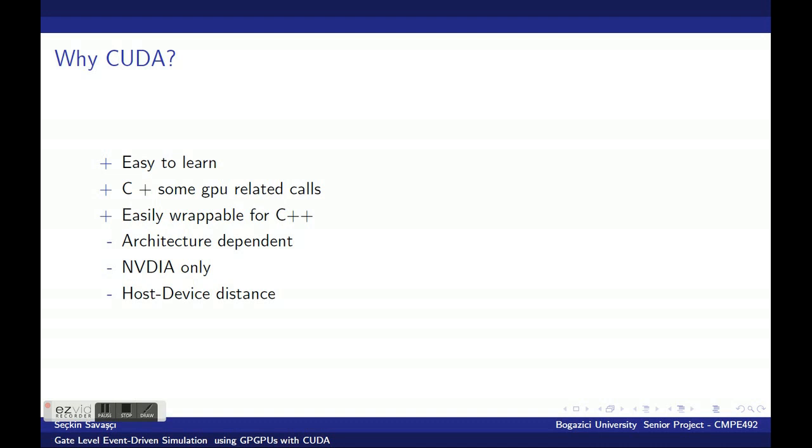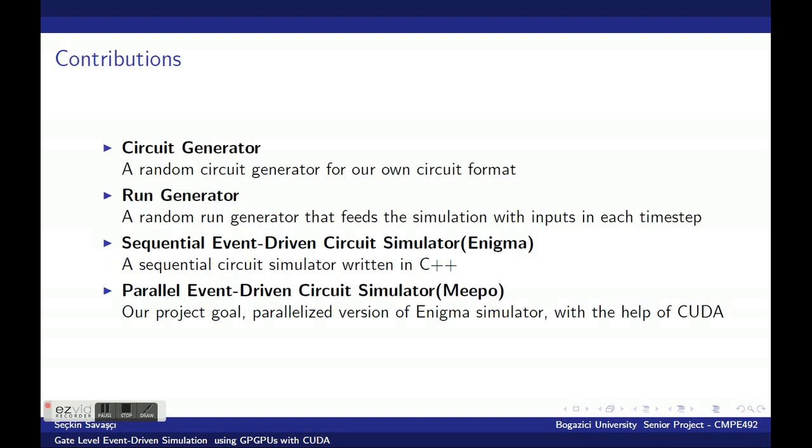One of the major things in our design is to consider host device distance, or CPU-GPU distance. As you know, CPU and GPU communicate using a bus, and this bus creates a delay. In my work, my contributions are such that I created a circuit generator that gives me randomly generated circuits, a run